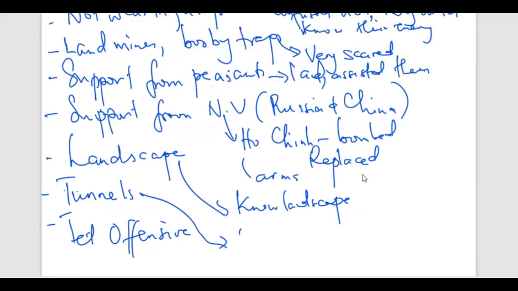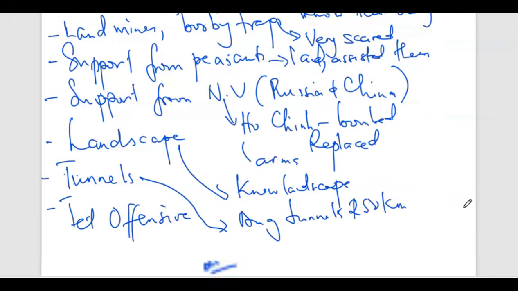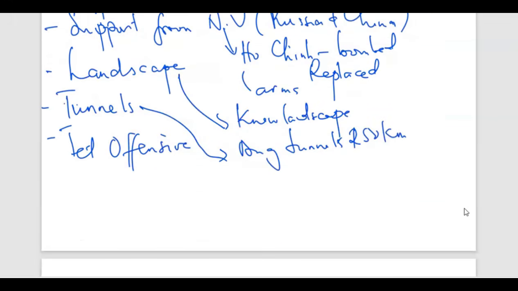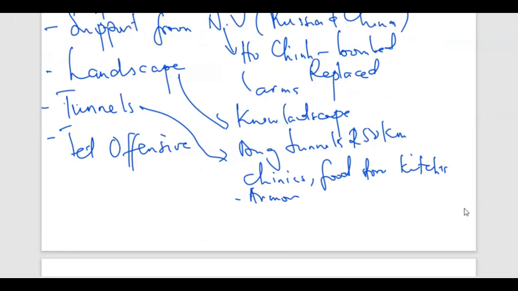Then also the tunnels. They dug tunnels as long as 250 kilometers as a way of finding a hiding place from the enemy's attack. And those kitchens were also equally important, for they had clinics to attend to the injured, food stores, and kitchens to feed people in the tunnels. And also we talk of the armory supplies in the tunnels. So it was beneficial for the Viet Cong.